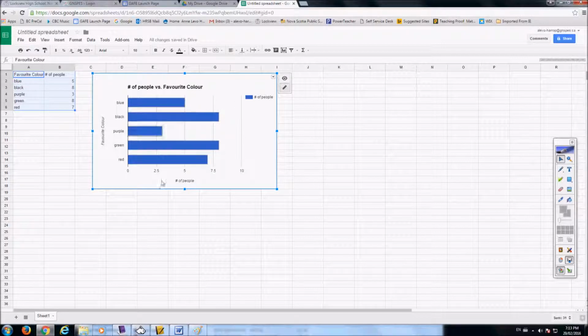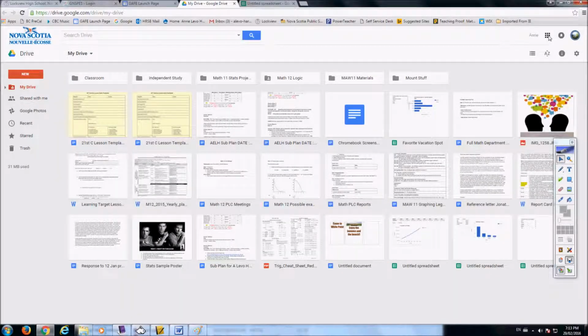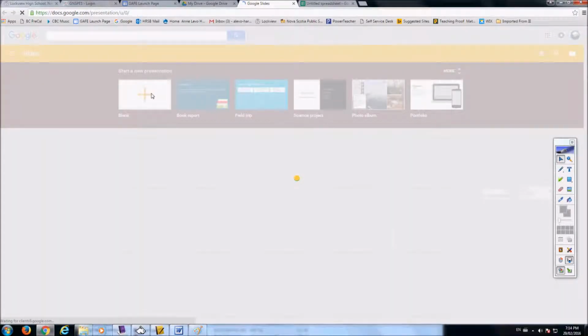To use this chart in another presentation, for example, in a Google Slide, simply press Control-C to copy, or click on the little down arrow that you can see on the top of the chart and copy chart, and then you can go into your drive and find a Google Slide, open a blank,